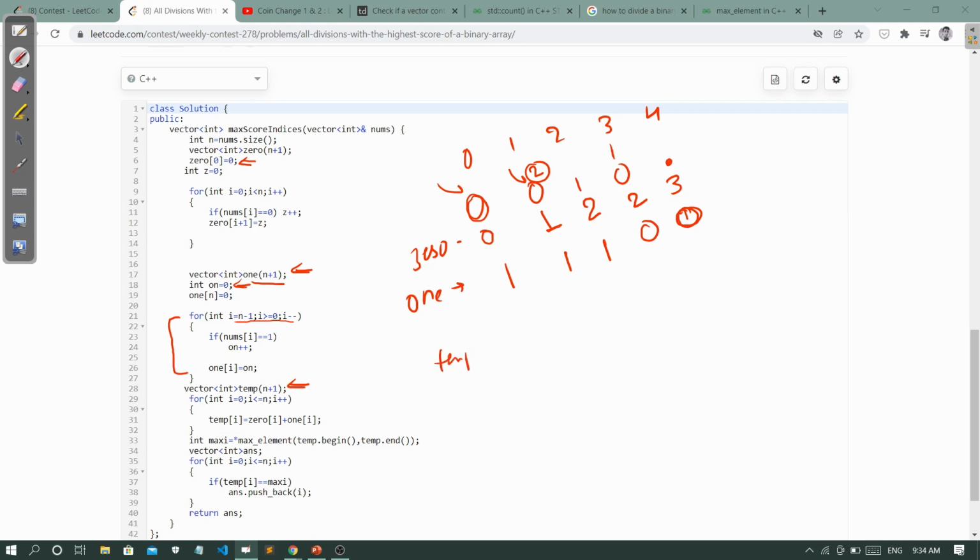After that we take a temp array. What does the temp array store? It stores the sum of both arrays, so the sum is 1 2 3 2 3 3.